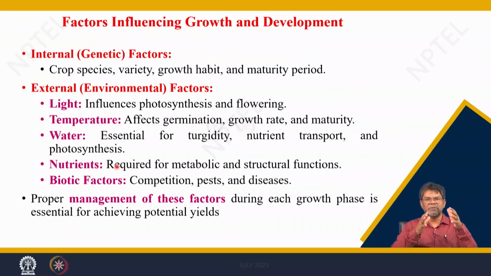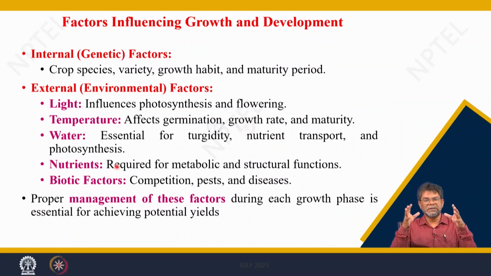This is 90% carbon, hydrogen, oxygen. The rest 10% is nutrients. Among the 10% you can find nitrogen, phosphorus, potash, calcium, magnesium, sulfur. These are the macronutrients. NPK are the primary nutrients; calcium, magnesium, sulfur are the secondary nutrients. They have the major portions, and the rest 8 are the micronutrients: iron, manganese, zinc, copper, boron, molybdenum, chlorine, nickel.